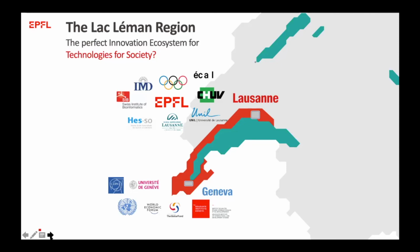So we have EPFL as the leading tech hub here in the area, but we also have UNIL, with whom we share a campus. We're very strong in, for instance, social sciences and others. We have CHUV, which is our university hospital. We have ECAL, our design school, our hotel school, IMD. And I think all of these taken together show that we are very interdisciplinary and we can join forces